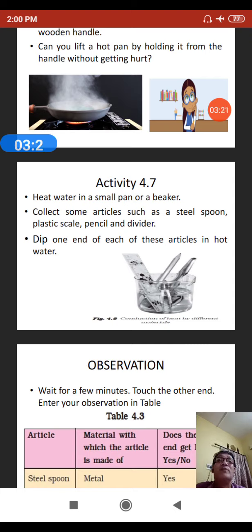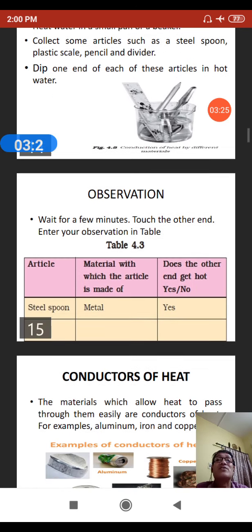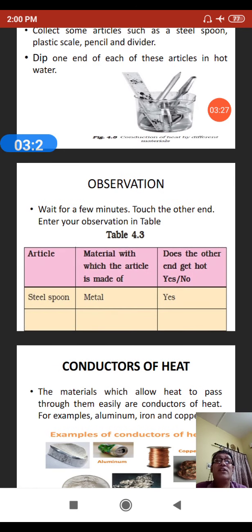Dip one end of an article in hot water. Wait for a few minutes. What will you see? Touch the other end of the objects and fill up the column. Suppose the article is a steel spoon, which is made of metal. Is it hot? Yes. But if you touch the plastic scale, since it is made of plastic, surely the result